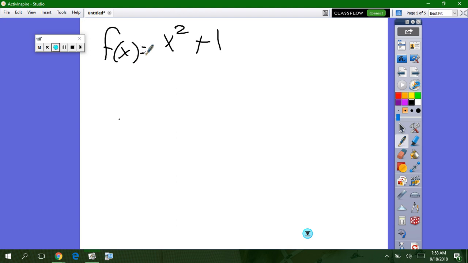Now, we should already know the zeros of this, don't we? What are the zeros of x squared plus 1? i and -i. Right? Because if I solve this for 0,